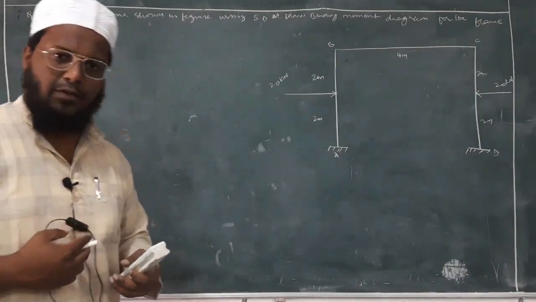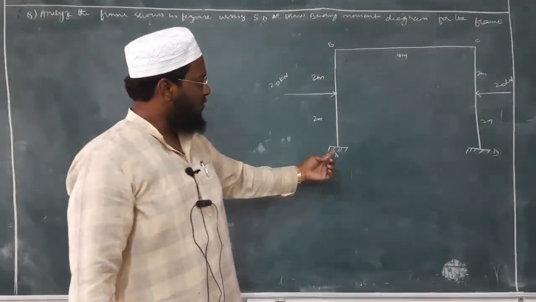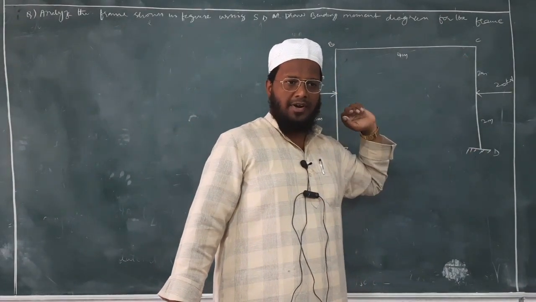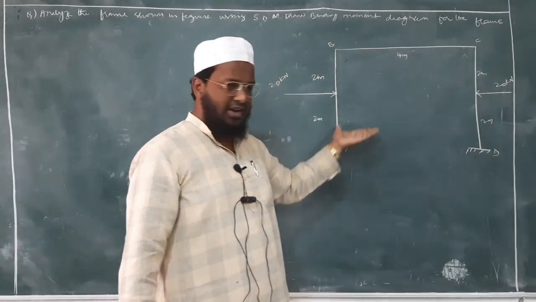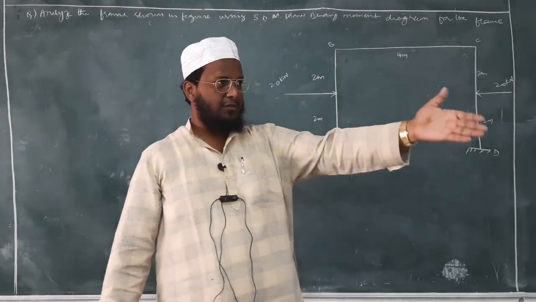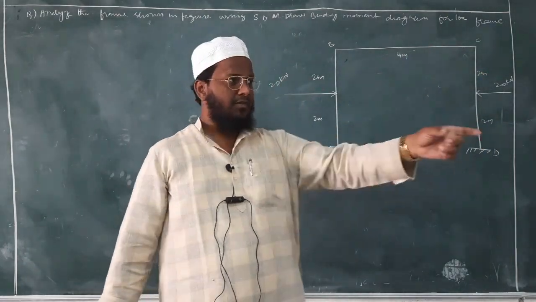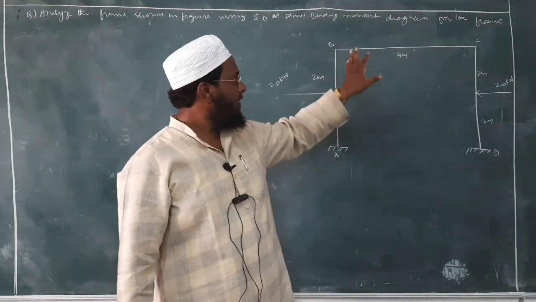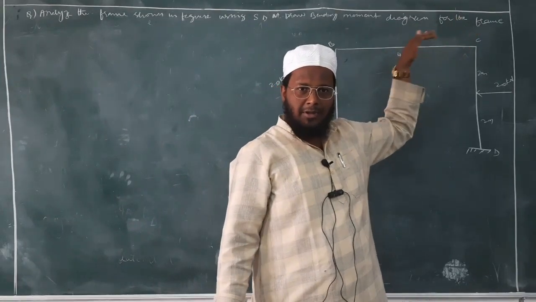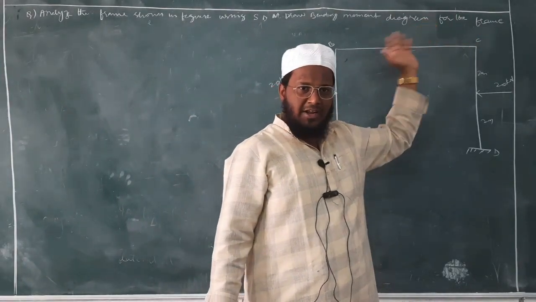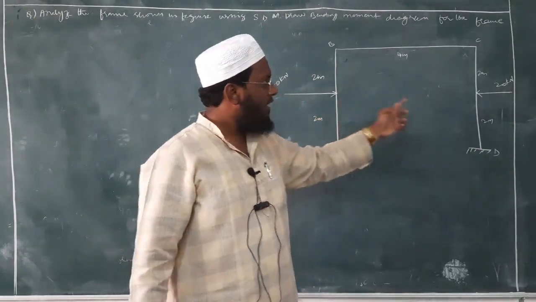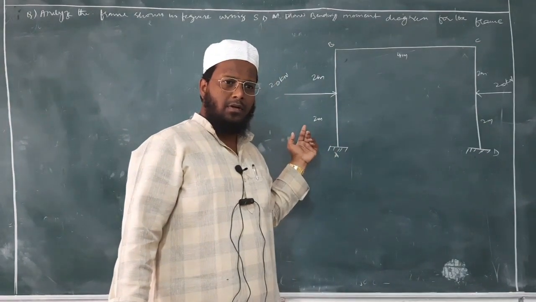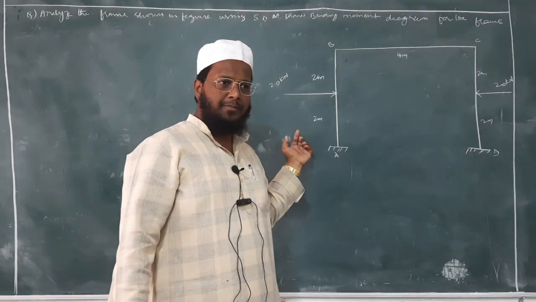So now we have to calculate all these moments, and along with that we have to draw bending moment diagram for this frame. Okay, you might have seen many times these type of frames, isn't it? The beam with the frame which is standing in our class is also in the same fashion. We have one column over there, one more column here, and we have a beam like this. But here in this case we do not have any loading on the beam. You can see we do not have any load on span BC, whereas we have load on span AB and span CD. Okay, where do you see these type of loading? Can you tell me where can you see any example?